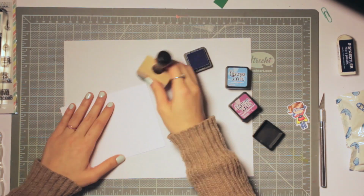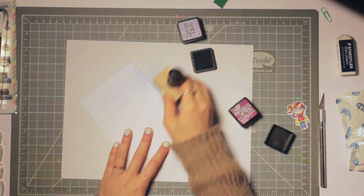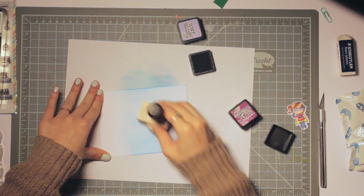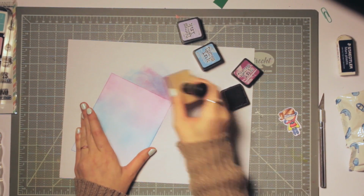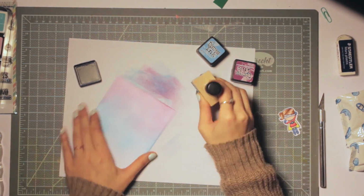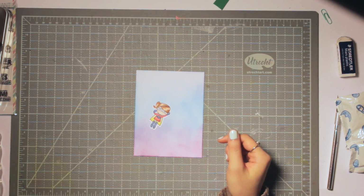So I just pulled out some distress ink in various shades of blues and purples because I think these would be good colors for a sky for my little superhero to be flying in front of. So I'm starting off with Salty Ocean and just inking around the middle here. And then I'm going to switch my pad to my purple shade color, and I'm inking that up with Seedless Preserves. And I really like this purple color. It's like a deep purple color that looks really nice when you add water to it, but here I won't be doing that. And then the top color I used was Shaded Lilac, which is more of like a